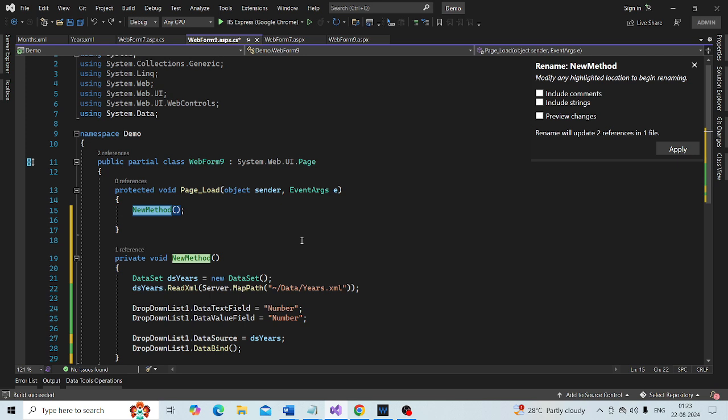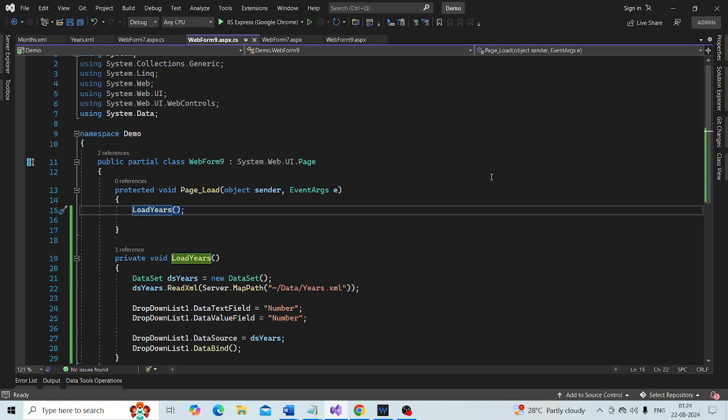And I am going to call this load years. I click apply. So it creates a private method for me automatically.